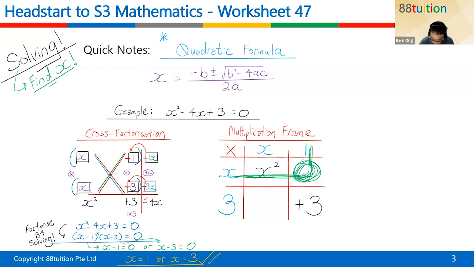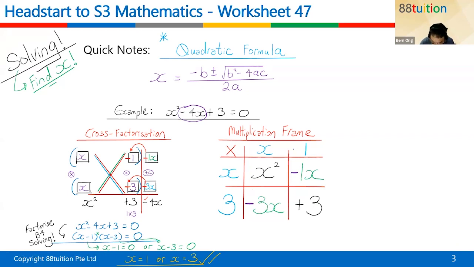So this green box is actually from here and from here. So it's x times 1 is 1x. How do you fill in this green box also? This green box is from here and from here. So 3 times x is 3x. Here comes the connection. The connection is this portion. They want a -4x. So in order to get a -4x, what do you do to the green? You have a +1x and a +3x. It will not give you a -4x. So you need to use your initiative, put in the sign here, -1x, -3x to give you the -4x.